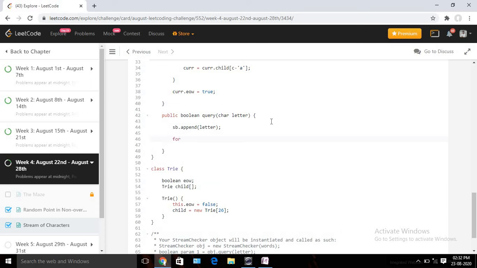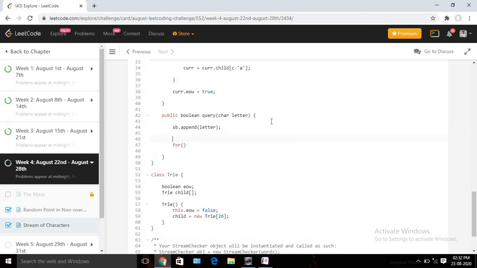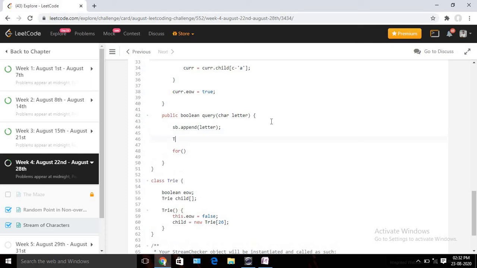Again we need another variable. So cur should be equal to root. And now let's check it. For int i equals, again I need to start from the end only: sb.length - 1, and again i greater than or equal to 0, then i minus minus.